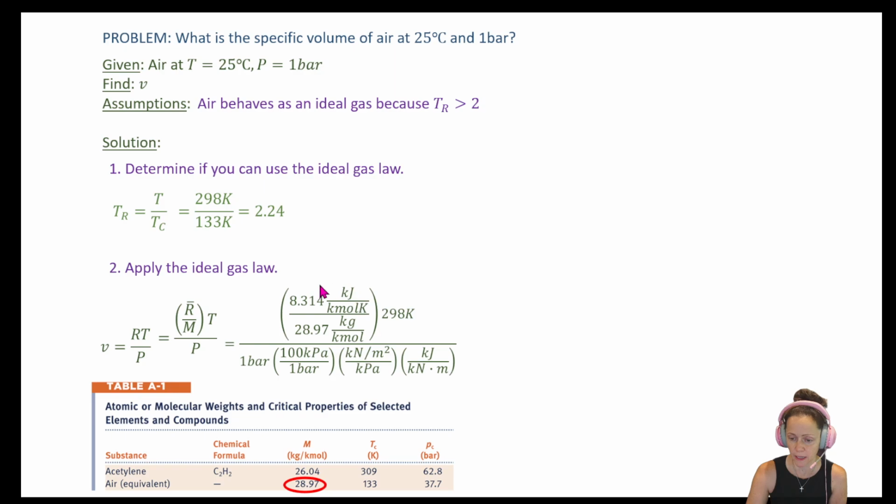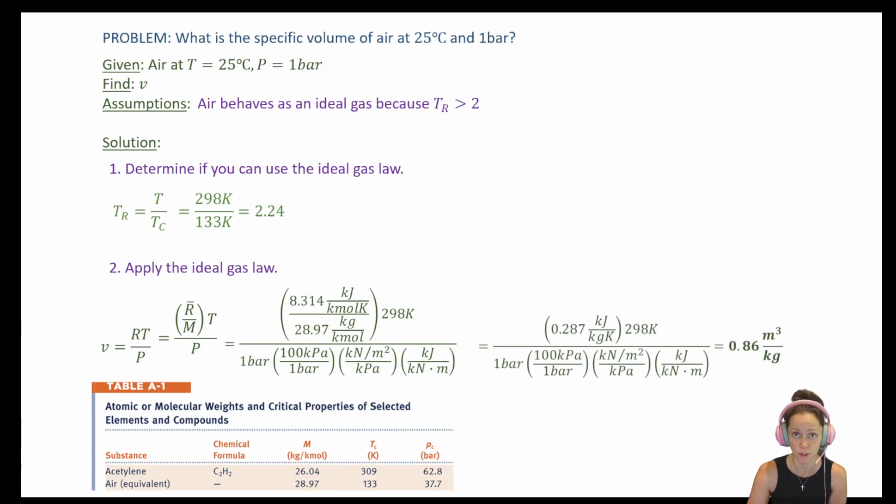So here's my specific gas constant calculation, here's my temperature, and here's my pressure. But I need to do some unit conversions here to make sure that everything boils down to meters cubed per kilogram. So there you go. With the ideal gas law, especially if you're in English units, but in SI units as well, make sure you write down your units to make sure that you don't